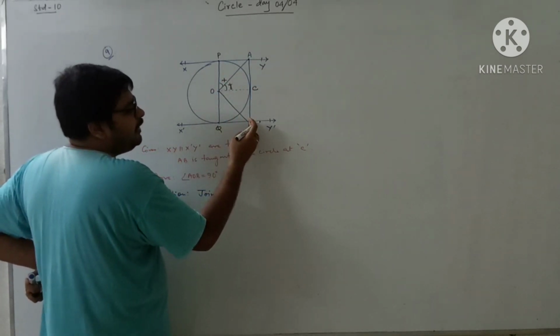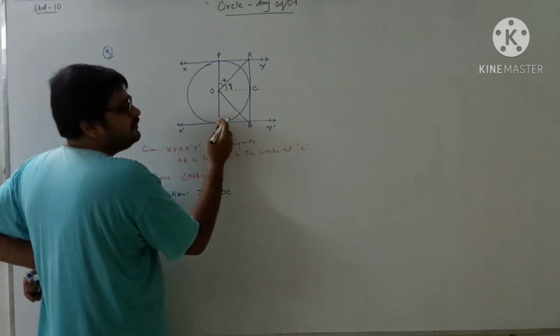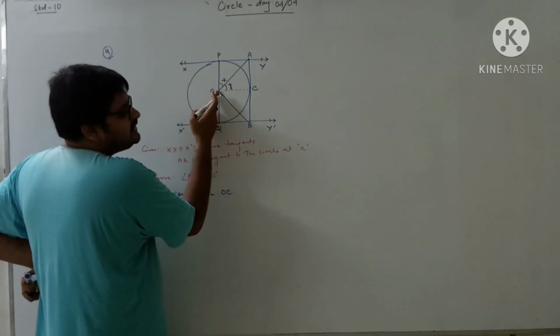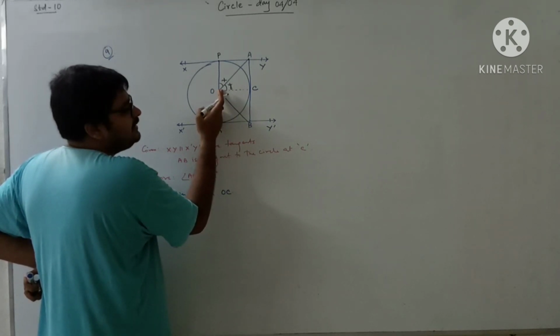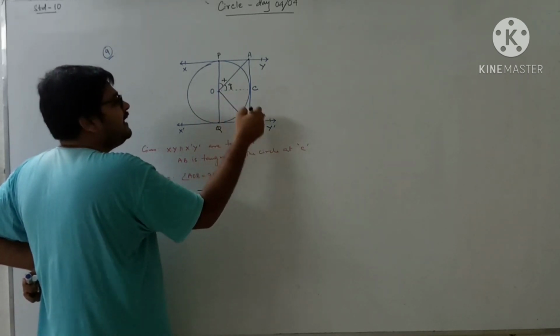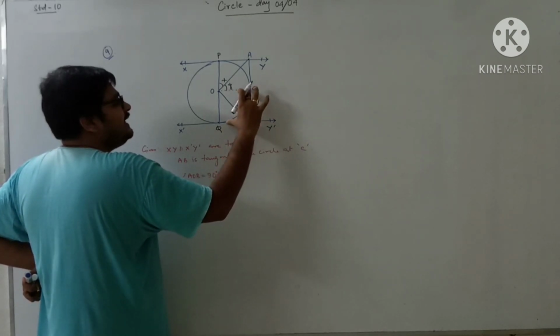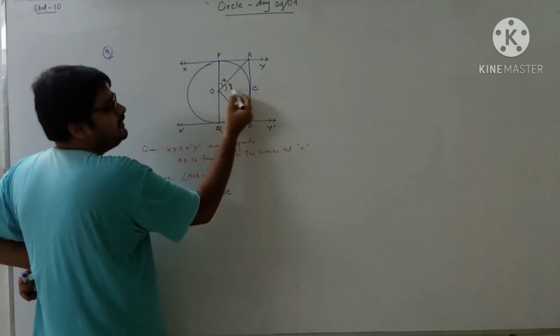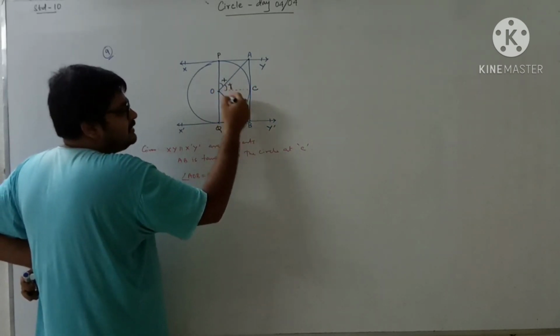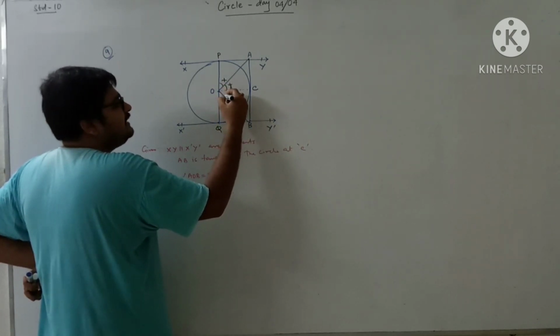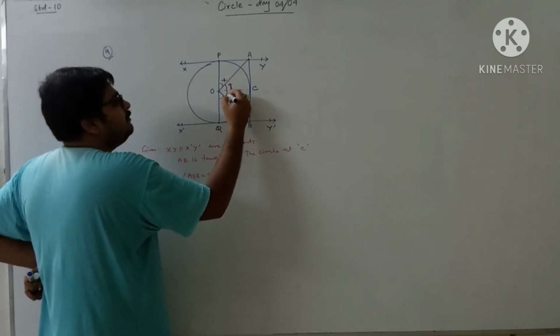Similarly, from the point B, the tangents are BC and BQ, and this is the line joining the center to this external point. So this line must bisect the angle subtended by the two tangents. These are the two tangents, and the angle subtended by them at the center is this one, COQ, and this line BO must bisect that COQ. So Z and W should be equal to each other.